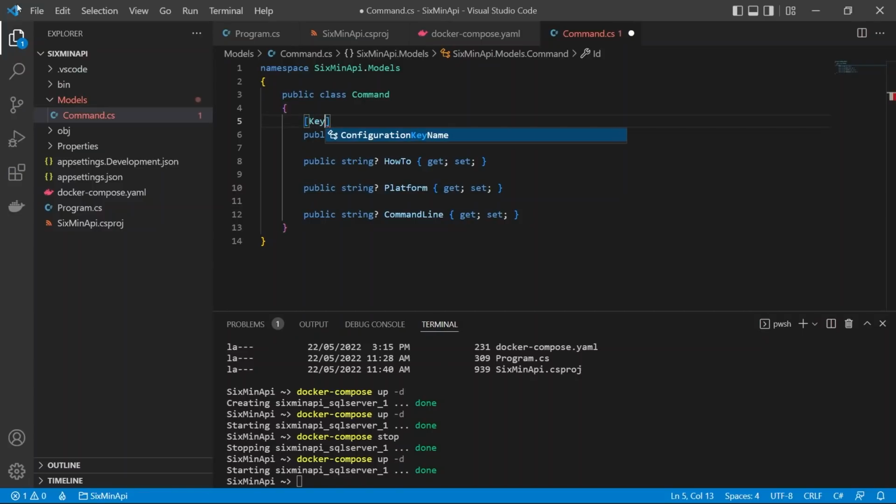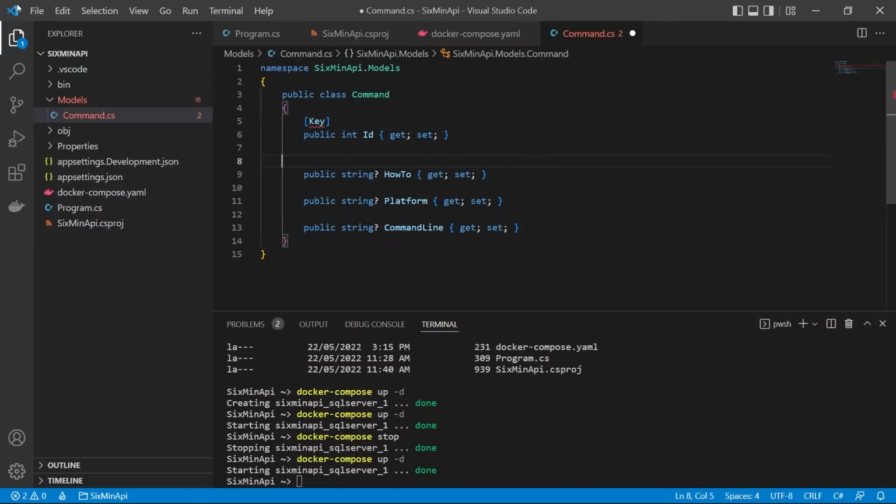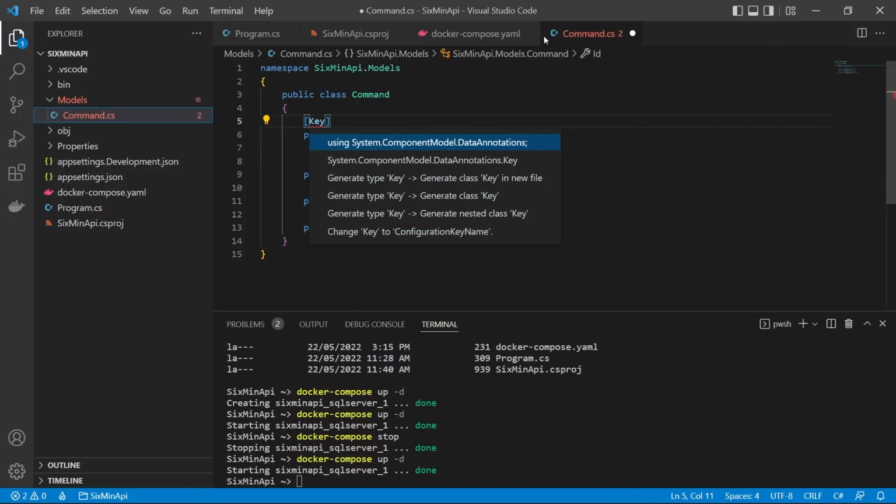That's not so much a validation property, it's just telling Entity Framework Core what it is, but again, it will realize that is what this property is by default. You don't technically need to put this in, but I like to just do it to make the code a bit more readable. It's complaining, so we need to bring in the namespace, so Control and period within the